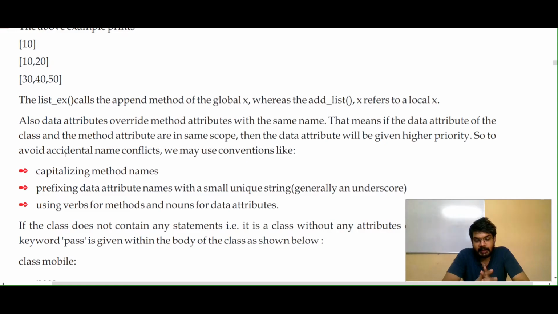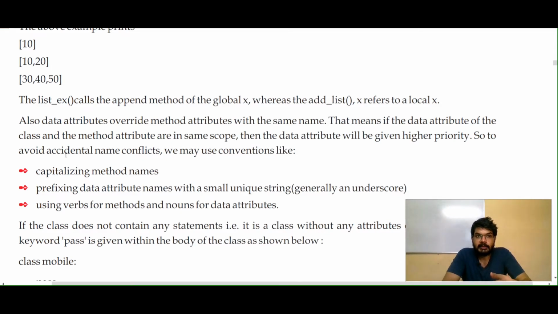These are the basic rules followed in coding: capitalize the method names; prefix the data attribute names with a small unique string, generally an underscore, or any other prefix just to make it unique from the other available attributes; and use verbs for methods and nouns for data attributes, which will define them.